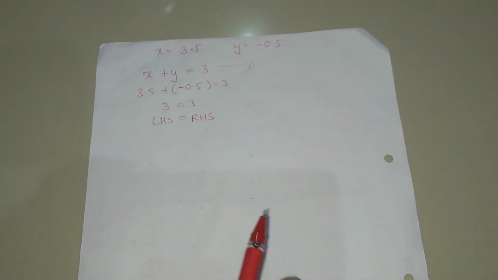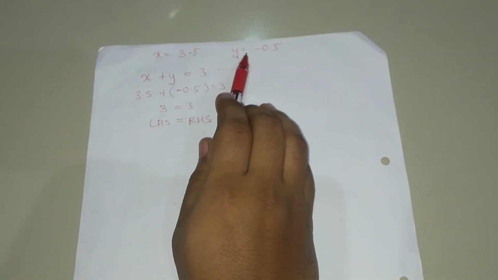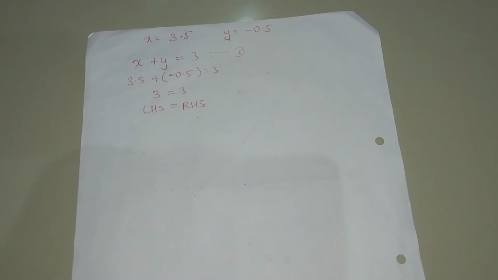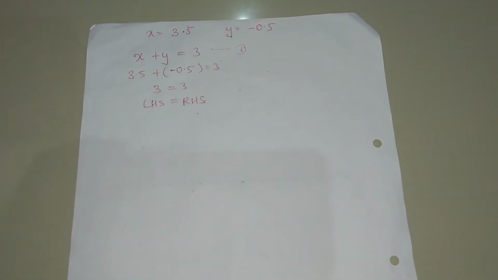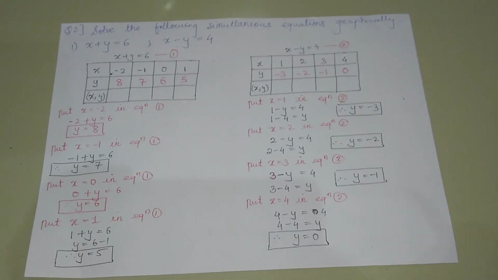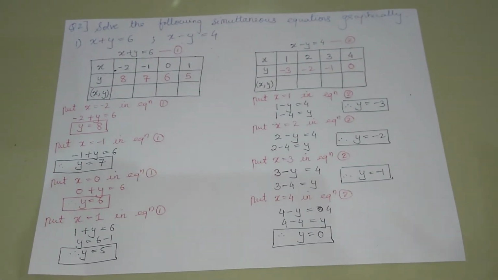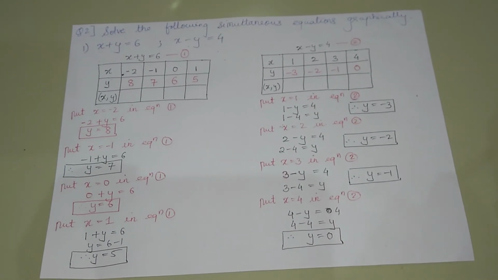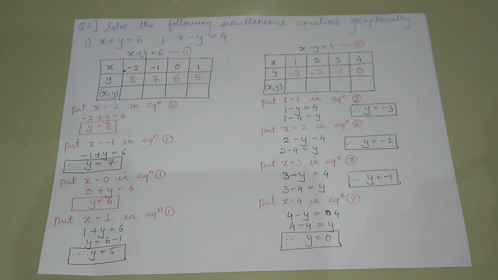Okay, so by the elimination method also, if we find it, it will give the same x and y. If we solve by the elimination method, we can find the same x and y values, this is through the graphical method. Okay, so now we will quickly go on to the next question. For the previous question, guys, the graph was not compulsory, but I have still, for your understanding, drawn the graph for you. Okay, so now let's quickly begin question number 2 of your practice set.